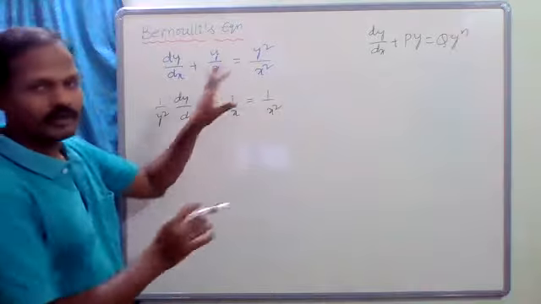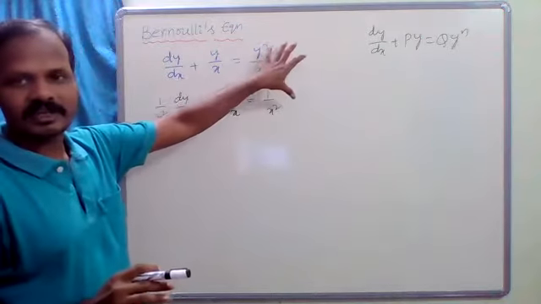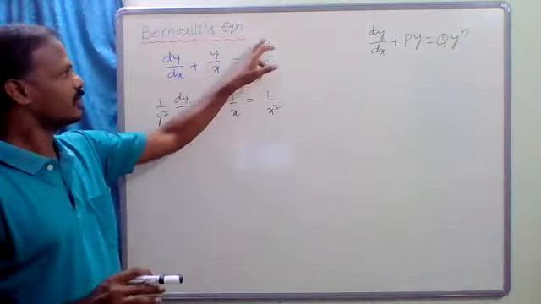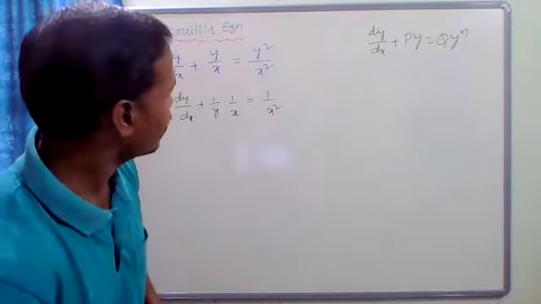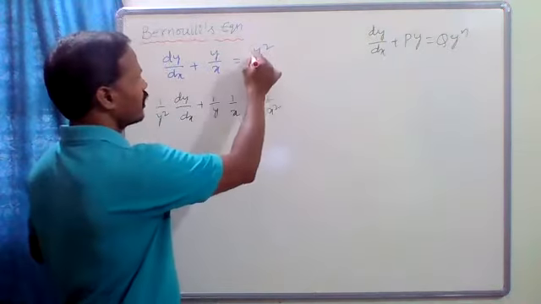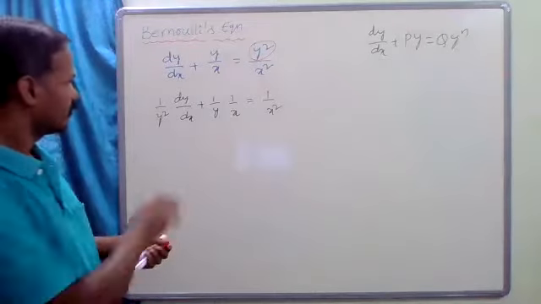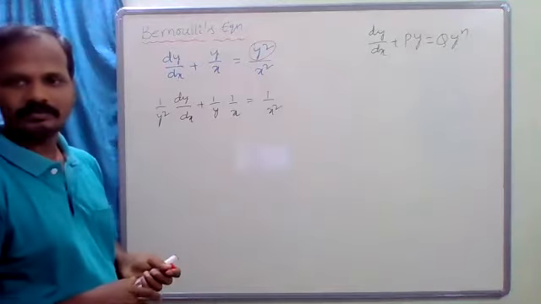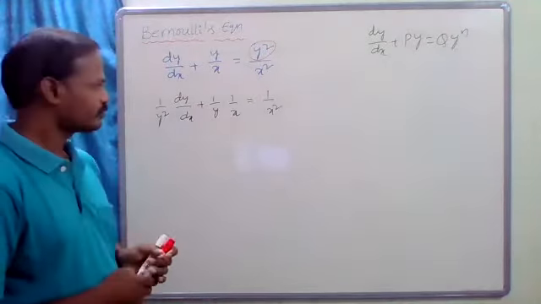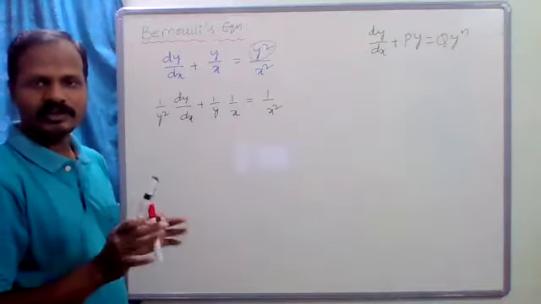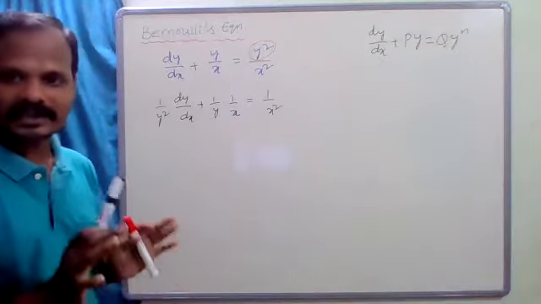Samata, what we have to do? All the y terms which are in right side move to left side. So here y square is there. So I moved this y square to left side. And now this is the form. Now what we have to do? So here 1 by x is the p. This is p. Coefficient of p should be taken as a z.